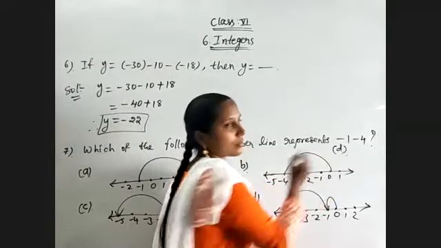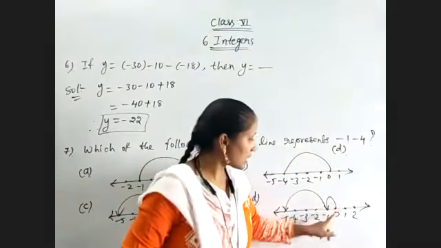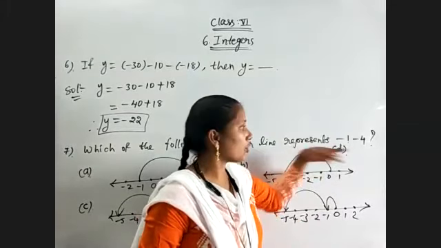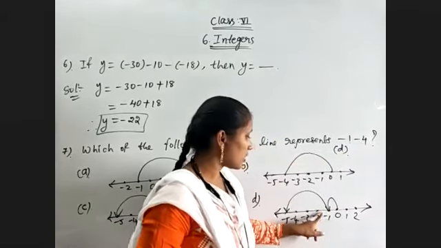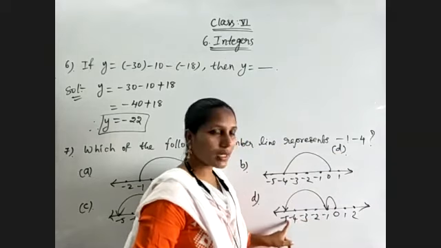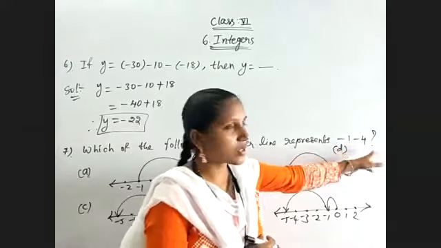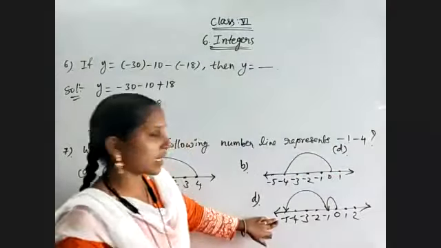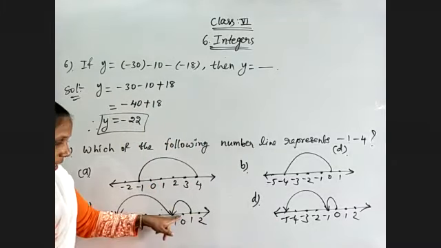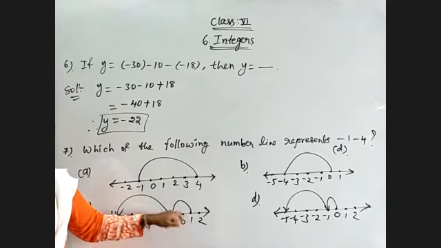So which option is correct? D. Okay. Observe, first integer is minus 1. So we have to indicate 0 to minus 1. Then minus we have, means left side we have to go by 4 steps. 1, 2, 3, sorry, 1, 2, 3, 4. So till minus 5 we have reached. So this is the correct answer. And we know that minus 1 minus 4 is minus 5 only. Even here also it is showing minus 5. But only one difference is there. Instead of 0, it is started from 1. So this one only mistake here. Okay.